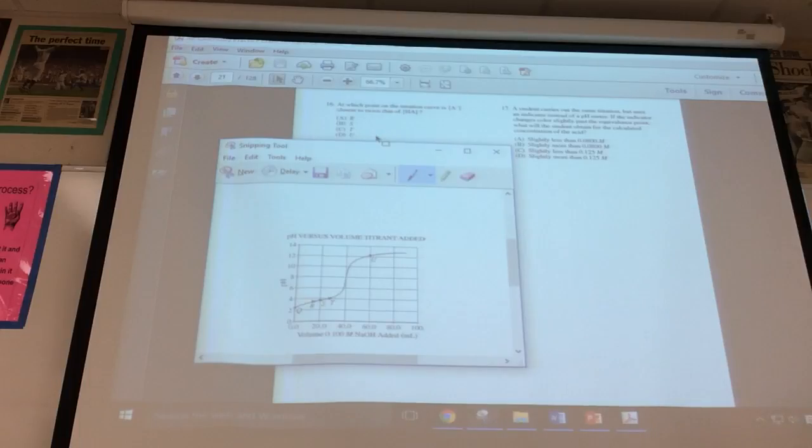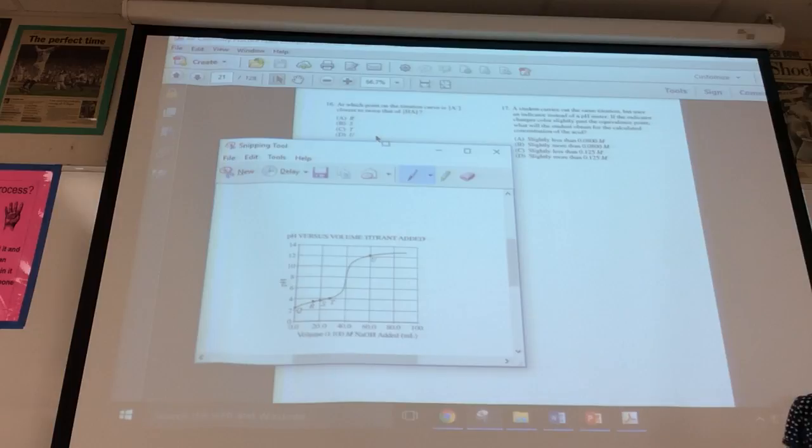So at U, A minus would be more than twice that of HA? For sure. Like a lot more? Yeah, for sure. Has to be. All right, and then 17's a little funky too. It says a student carries out the same titration but uses an indicator instead of a pH meter. If the indicator changes color slightly past the equivalence point, what will the student obtain for the calculated concentration of